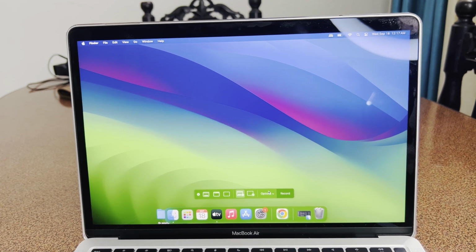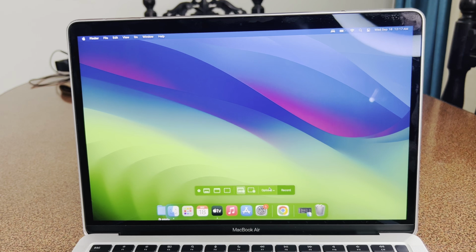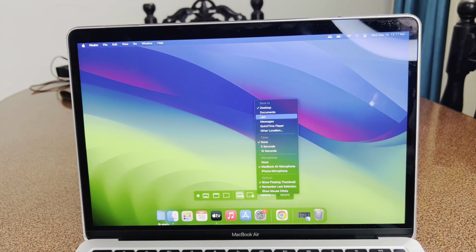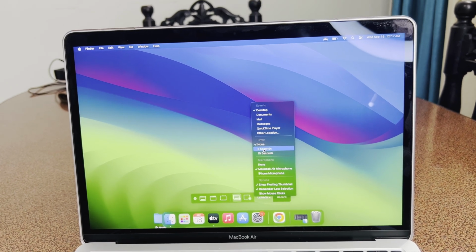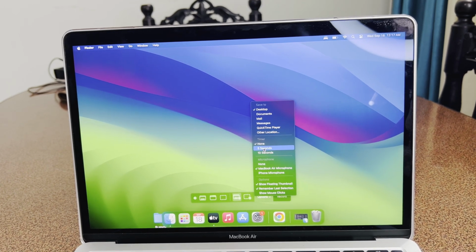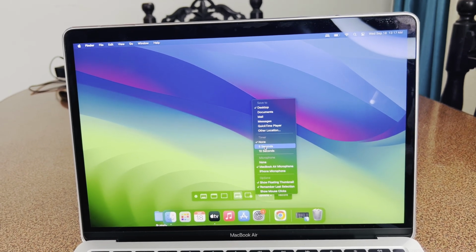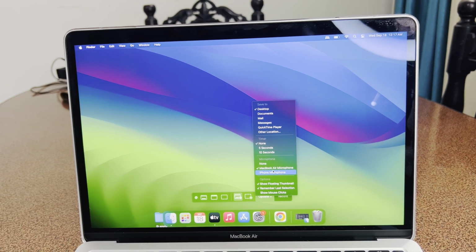Now here is where you'll find the option to record your screen with sound. So you click on options, so you'll find all these here: quick timer, other location, and everything else. There's actually where you can set a timer for 5 seconds, 10 seconds, or whatever. But here you want to record with sound, so all you have to do is come here and click